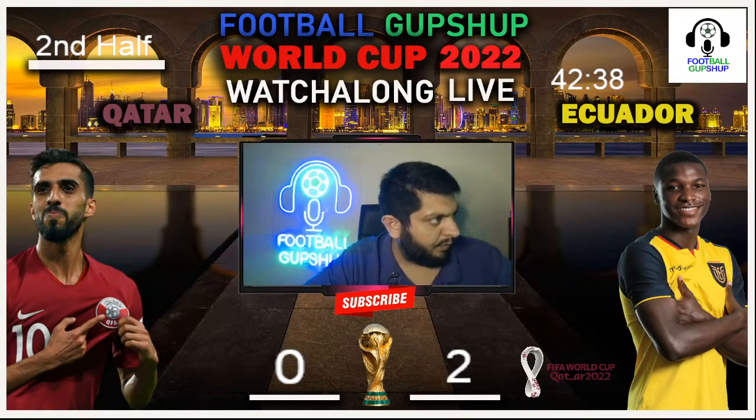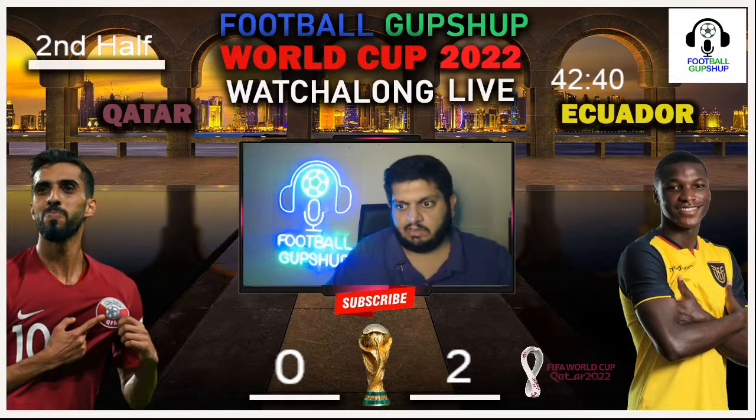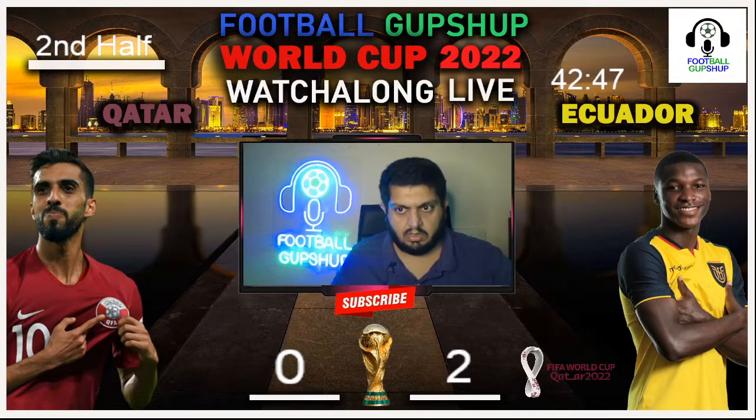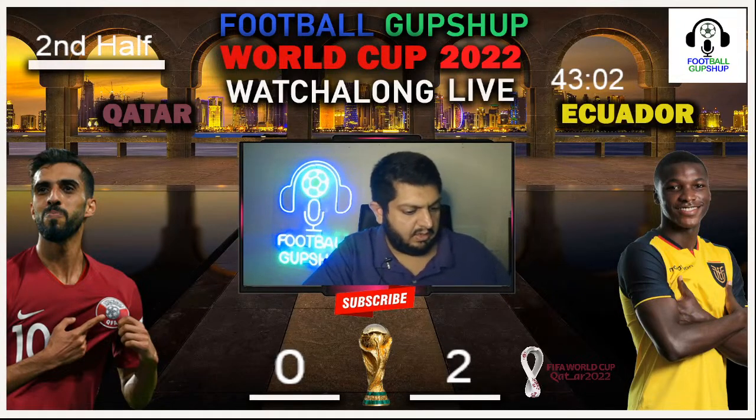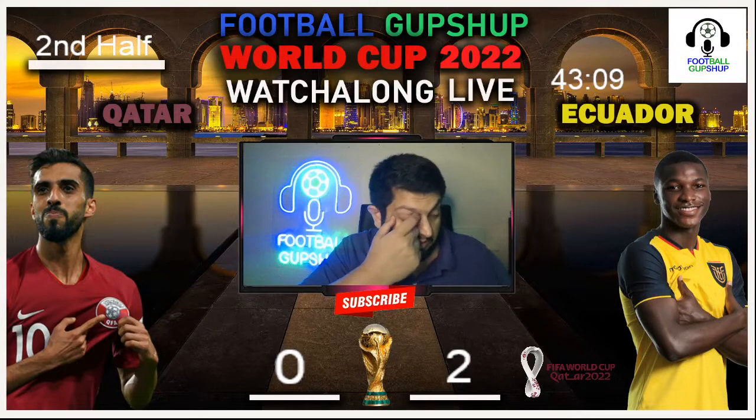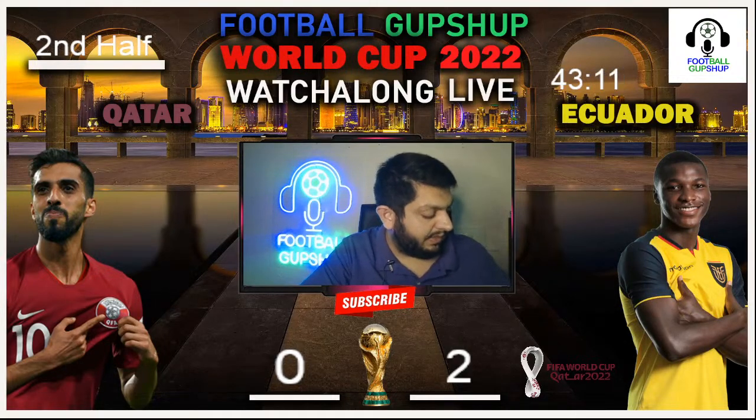So Ecuador do get a free kick. So this is turning out to be really interesting. Let's see what's going to happen. So let's see what's going to happen here. This is going to be interesting. Once again, the ball comes in and the ball goes out. So 89 minutes in.